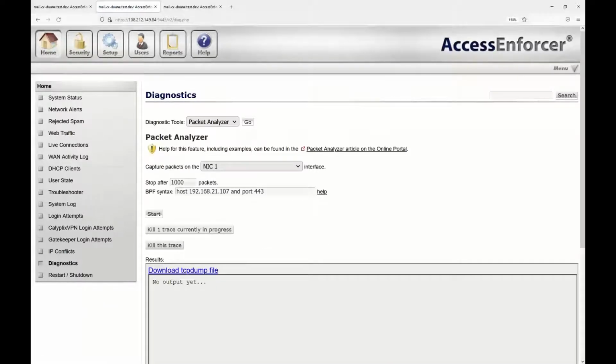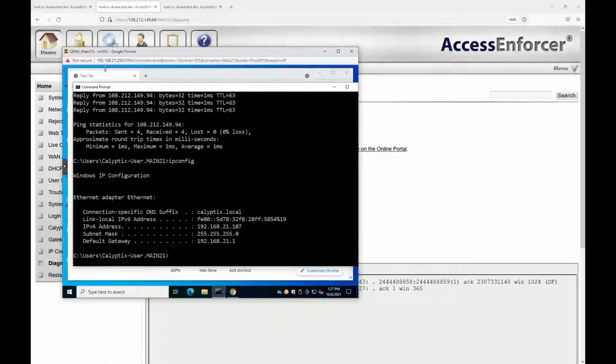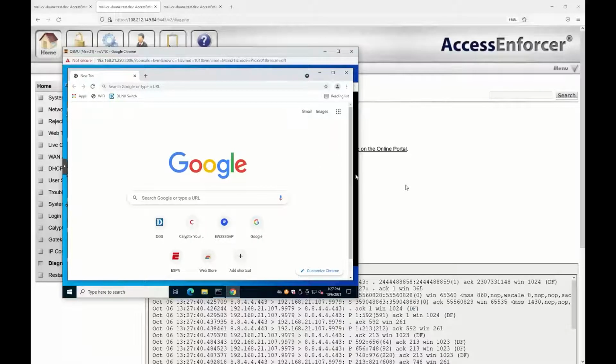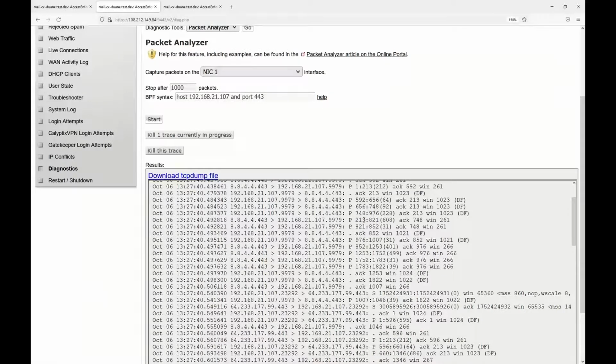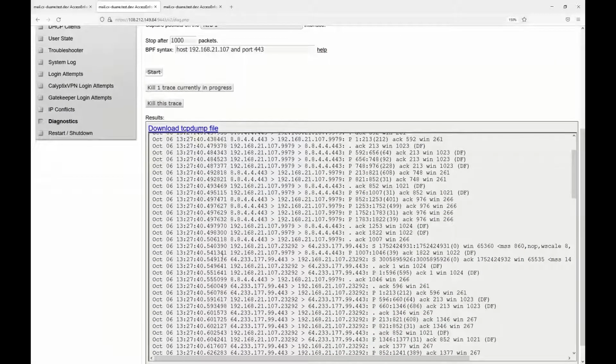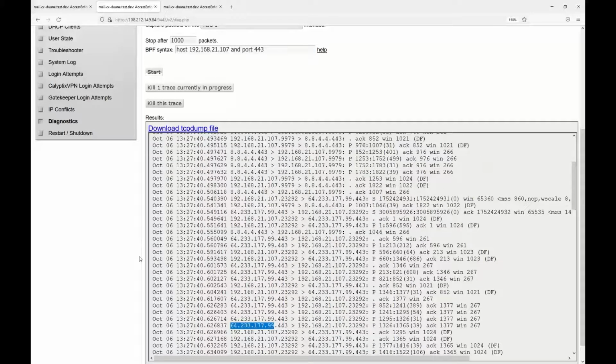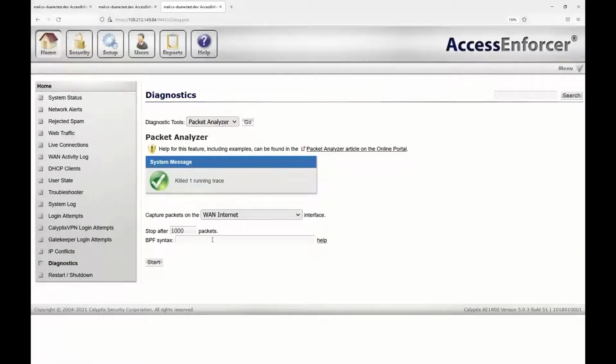And now when we open up our main 21, we are going to open up a browser. And when we go and refresh Google, it should show Google's information as it's on this capture. So if we scroll down, we see 8.8.4.4, and then we scroll down, we say, oh, Google's IP address is 64.233.177.91. So now what we want to do is open up another capture on the WAN side, put in the